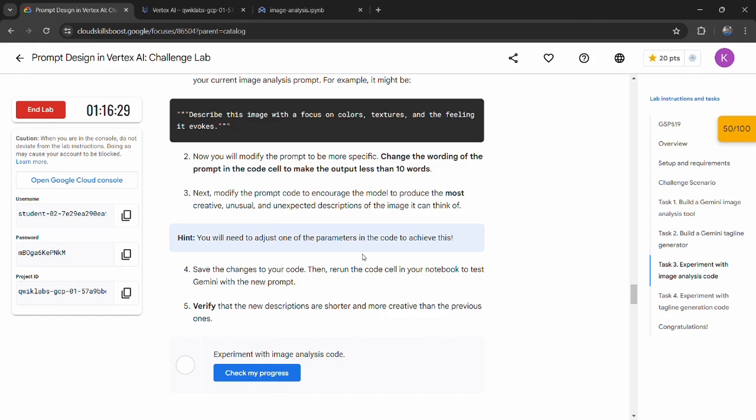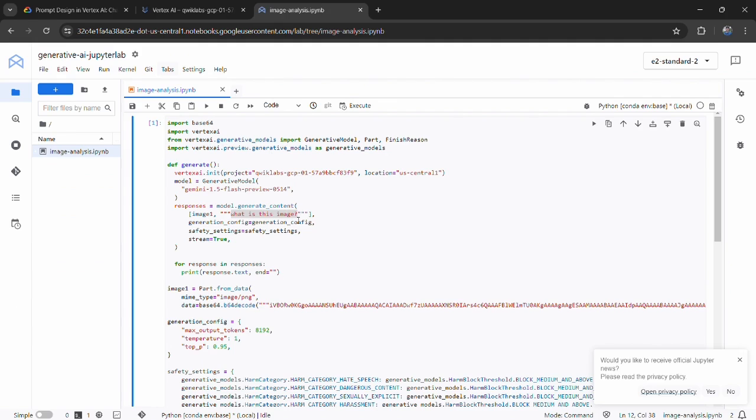Now in this task, what we need to do was change a prompt so that the output should be less than 10 words. You can give whatever prompt you want. So now I am trying this as